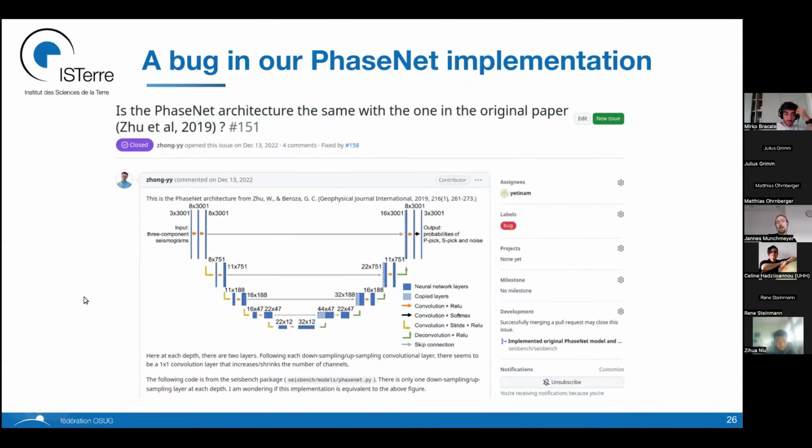So we fixed it, we reran the benchmark for PhaseNet, we updated the results, and it actually made a bit of a difference. It's not massive, but it switches from PhaseNet, EQTransform, and GPD being the best models to PhaseNet being the best model, closely followed by EQTransform and GPD. And it's not only that we now fixed this bug and our benchmarks are right now, but also that if many people use open source code, it's much more likely that bugs are going to be found. Everyone is going to code bugs, but if you only use your code alone, it's less likely you find them. So battle-tested code is usually safer.